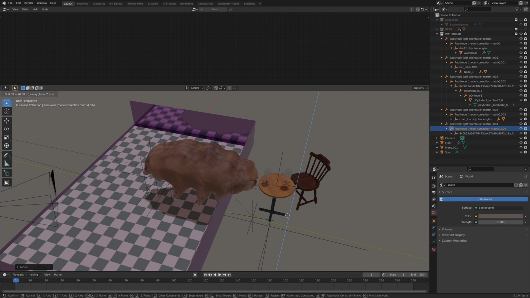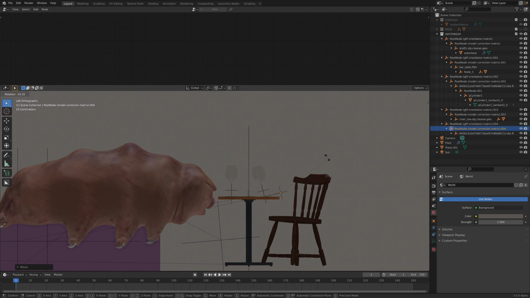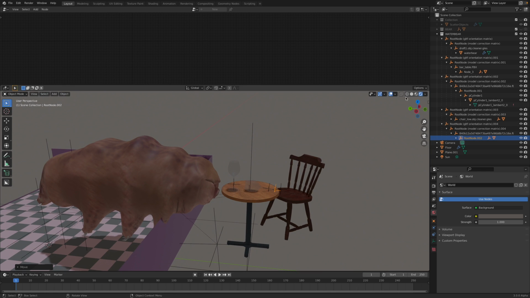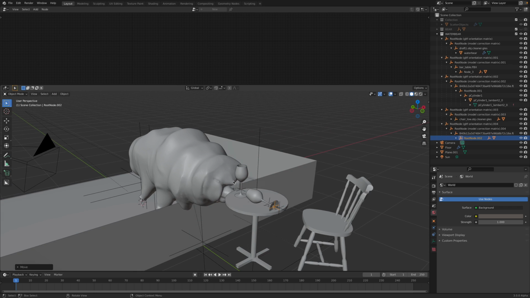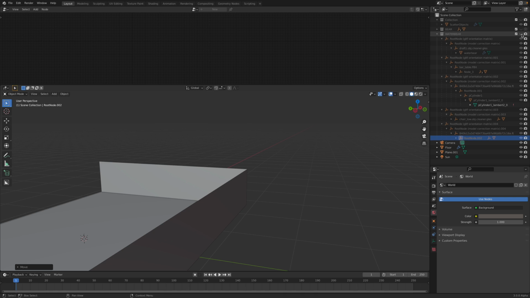So you can reposition the wine glass. For example, if I'm doing this properly, I select the right pivot for our wine glass and just drop it like that. So this is our setup. This is placed under one collection,